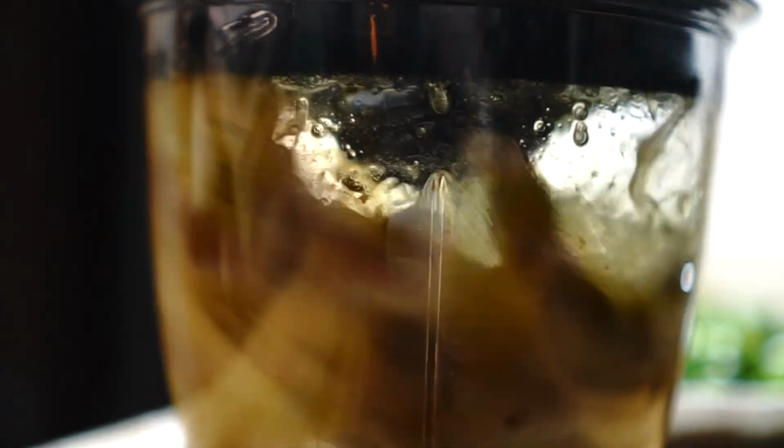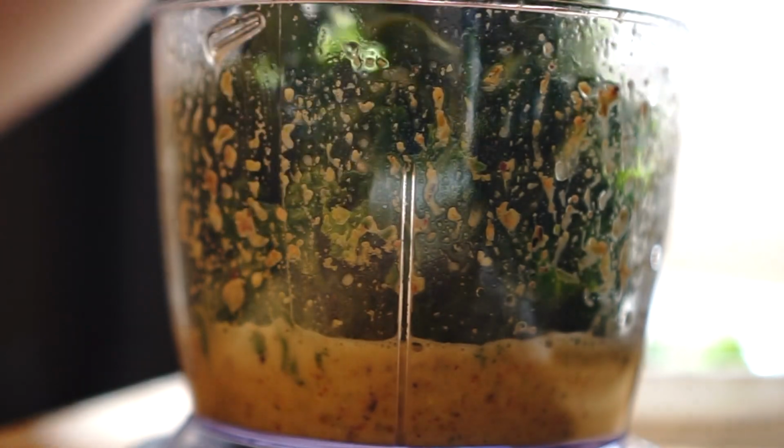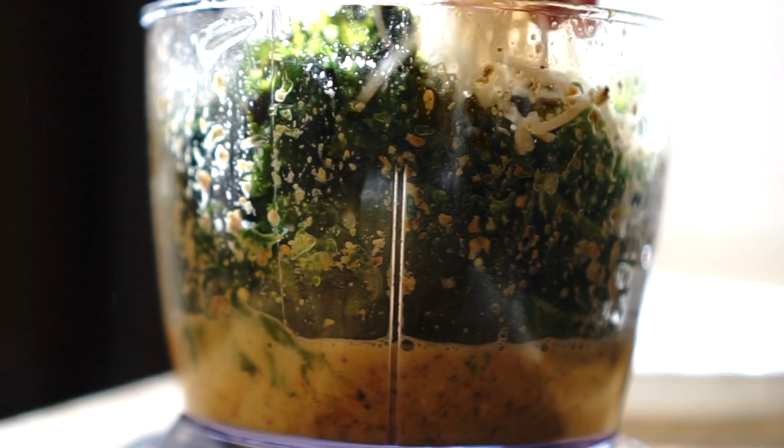Into a food processor, add a 1/3 cup raw pistachios, a 1/4 cup extra virgin olive oil, 1 garlic clove, and then puree until it's well blended. Then add your cooled kale and about an ounce of Parmesan cheese and blend it until it looks, well, rustic,